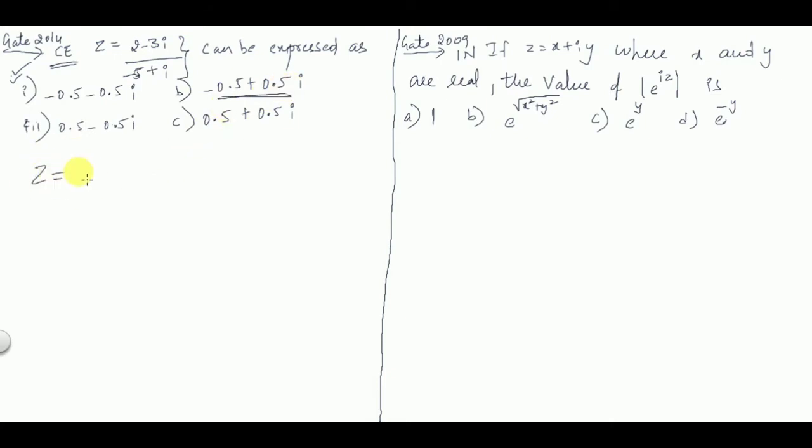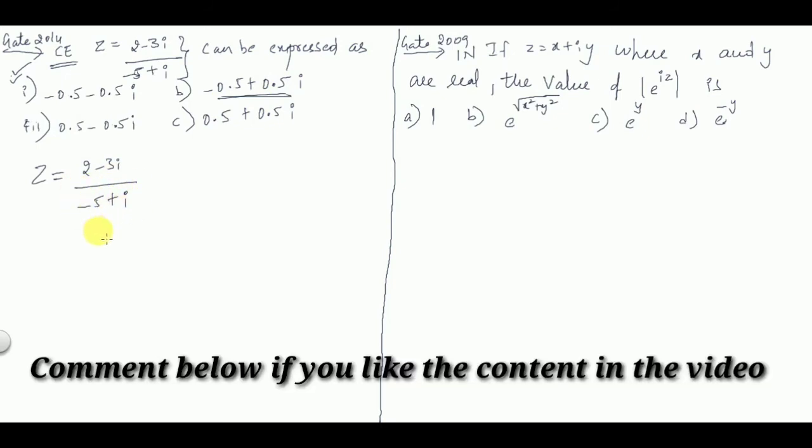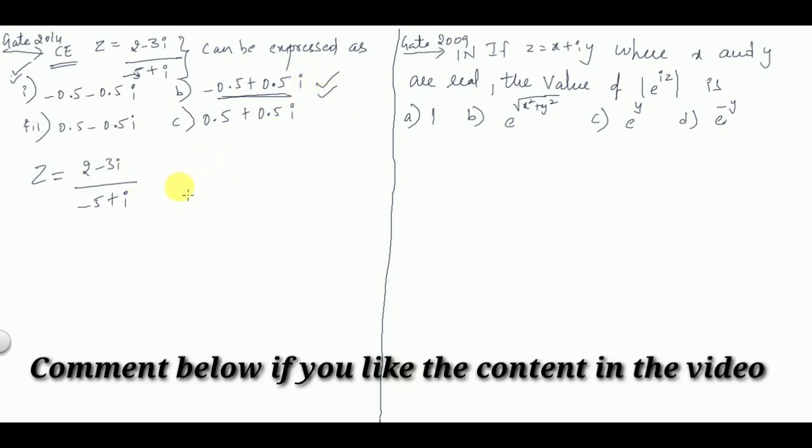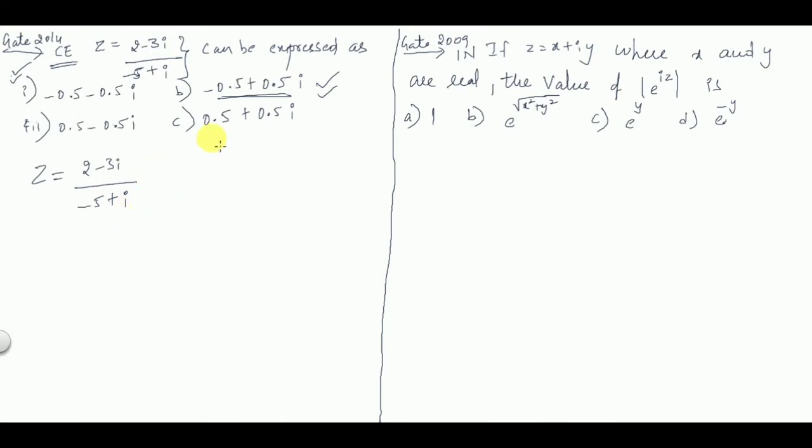Okay, so this type of problems can be solved. That is, you have to convert this fraction of two complex numbers into a single complex number. Okay, single complex number, right? So of this form or this form, whatever may be the answer. Okay, so in order to convert that, you have to multiply with the complex conjugate of the denominator.